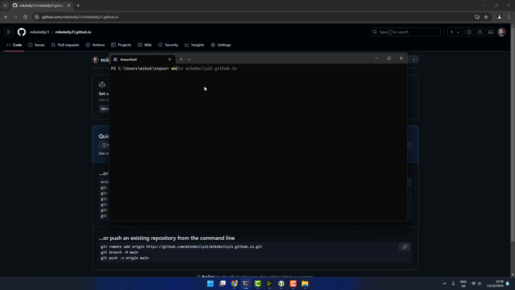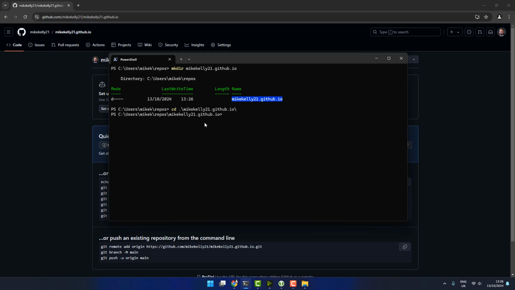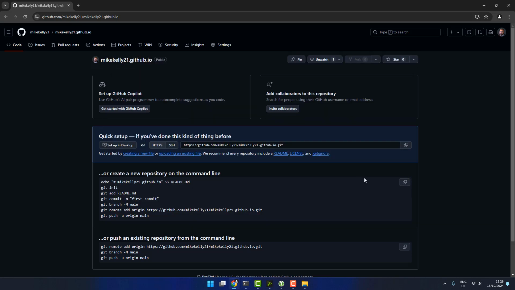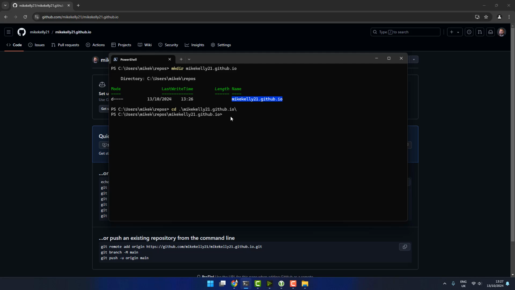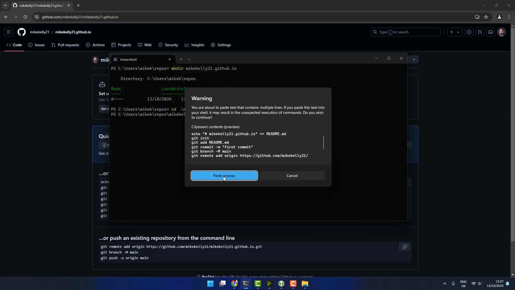So I'm going to create one the same name as the site that I've just created. Now I'm going to change into that directory, and I'm going to run this code. So just hit over here, which copies it to the clipboard. Come back to PowerShell, paste it in,